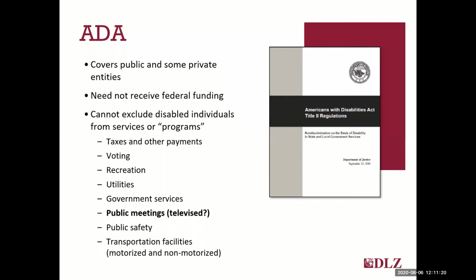ADA requires that entities provide access to disabled persons to the services and programs that are provided, which obviously differ. This includes physical access to your facilities and the programs and services provided at those facilities. Think of programs as the various functions of an entity. For governments, examples include payment of taxes and other fees, voting, recreation programs, public safety, police, fire, courts, and access